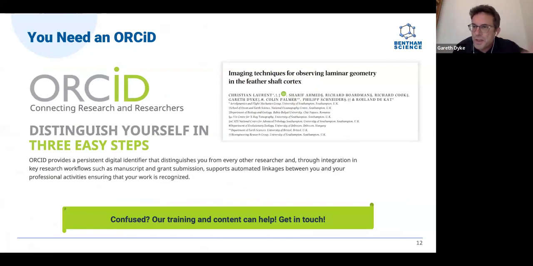And you also need to make sure that you do have an ORCID ID. This is a unique ORCID identification number that distinguishes you from all other researchers. Lots of people in my country with the name Smith, John Smith, very common name. How do I know that the John Smith I'm looking for in my research area is the right one? How do you make a submission and get your outputs tied to your profile?